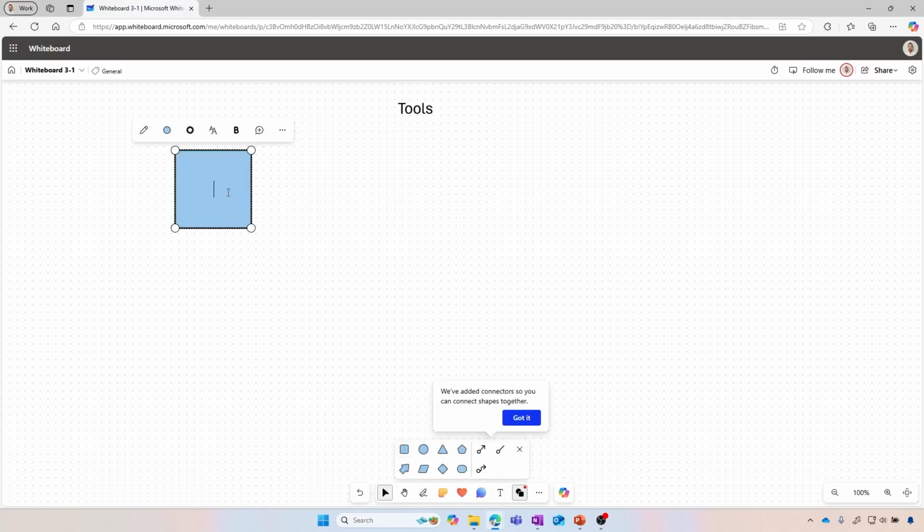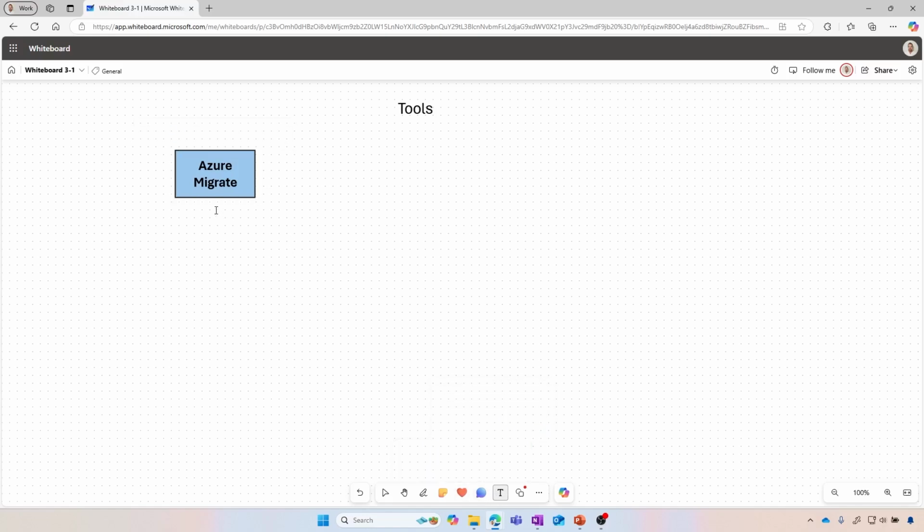So the first one, let's talk about Azure Migrate. It's a large tool that combines a set of tools. Think about a large-scale migration where you want to migrate not only the database itself, but the entire application.